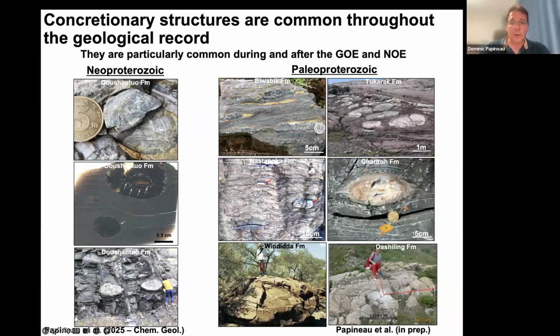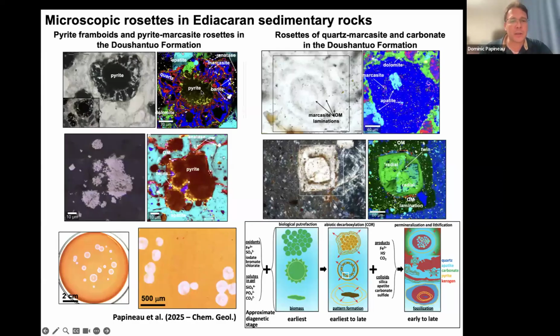For the microscopic objects, here you have some examples of pyrite marcasite rosette, again in the Duchantuo formation. Again, I'm talking more about this paper because that's a recent one. But you see here the complexity of the mineralogy is quite significant because you have both pyrite, which is a ferrous sulfide in the center, and then you have barite, which is a barium sulfate on the outside. So as a kind of a residual product was maybe diffusing outwards. And all the red in this particular hyperspectral image represents organic matter. And then you also have the carbonate in green and the apatite in turquoise, such that you have reaction products as well as reactants that are residual,